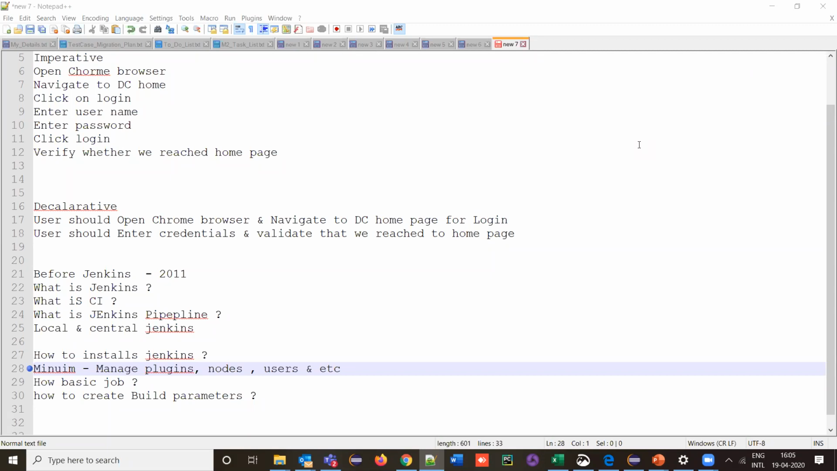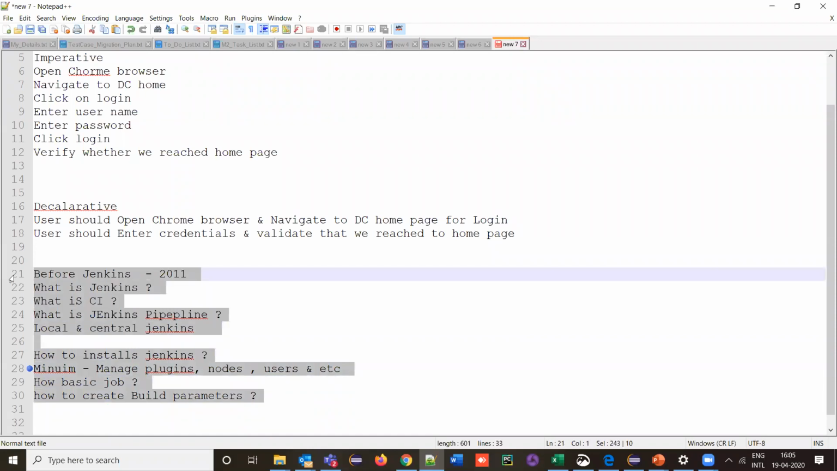Okay, coming back to our discussion. So now this is our agenda. For the next 55 minutes, we are going to discuss what the situations and problems were before Jenkins and how we are solving them, what Jenkins is, what CI (continuous integration) is, what Jenkins pipelines are, what local and central Jenkins are, how to install Jenkins, and what are the minimum things we should know about Jenkins